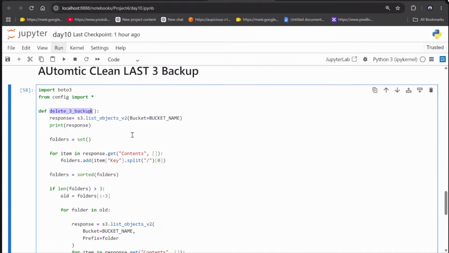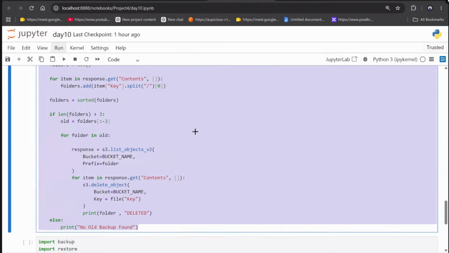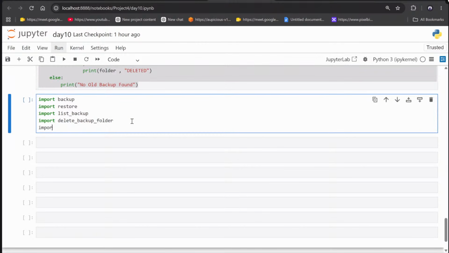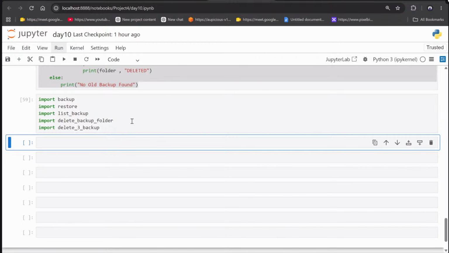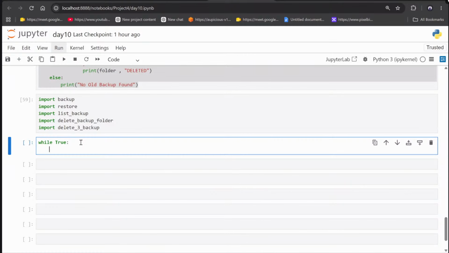So paste this entire code from here, copy it and paste it, save it, Control S. This is saved. So this code I am importing here also, import delete_3_backup. So all this I'm importing here, and then I'll write my while loop. So while True, I'm telling it to run continuously, and here it will print something for me.